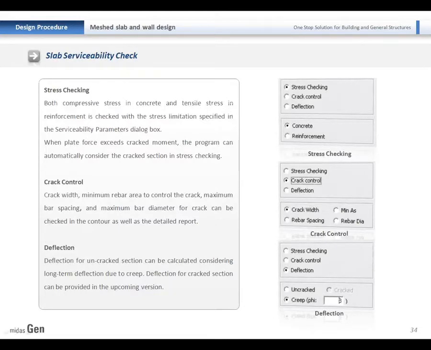For the slab serviceability check, these checks are provided: firstly, stress check, crack control, and deflection check.